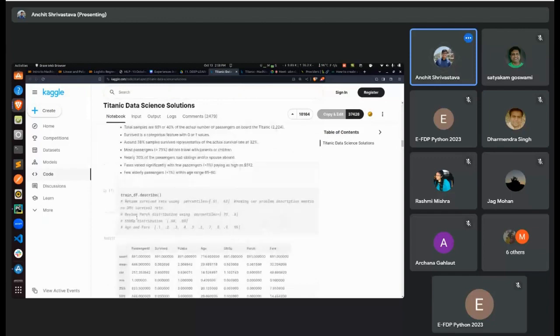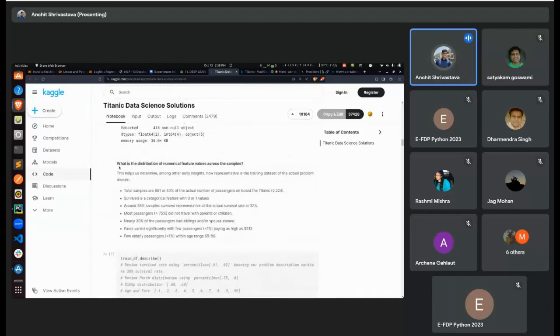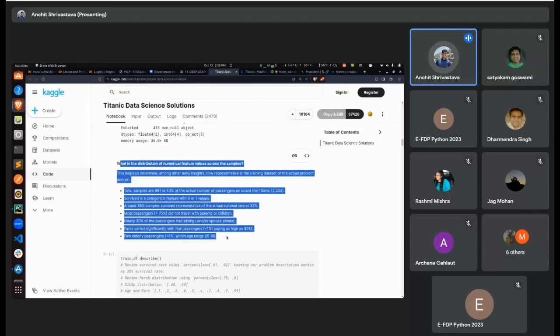Right. So basically after each step, writing what inferences you have helps you plan the kind of model you need in a better way, right? So here they have just written that only 40% of